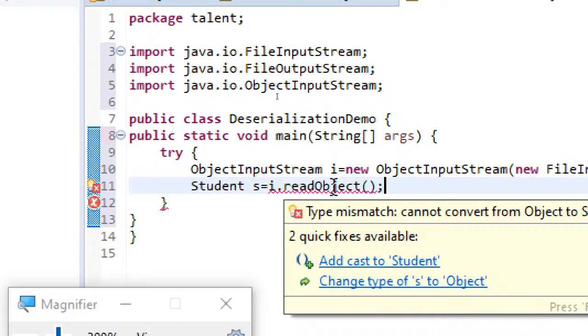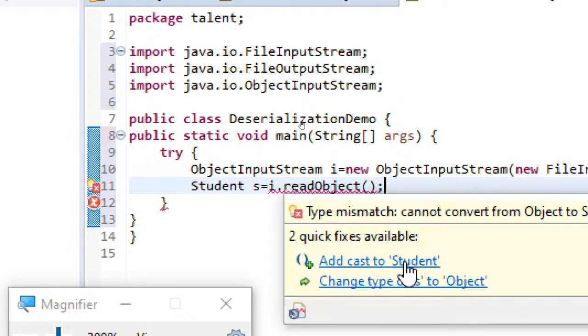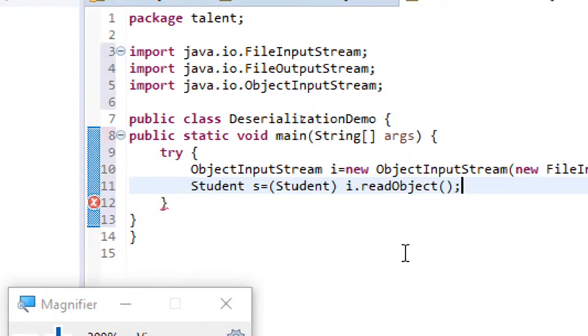So readObject will be reading the object and returning an object, but to which type do you want to read the object, because on the left-hand side I'm using the student type. We need to perform this casting explicitly. The advantage of the IDE, as I said, is that it gives me the quick fixes: add cast to student. If I select this option, automatically the casting will be done.